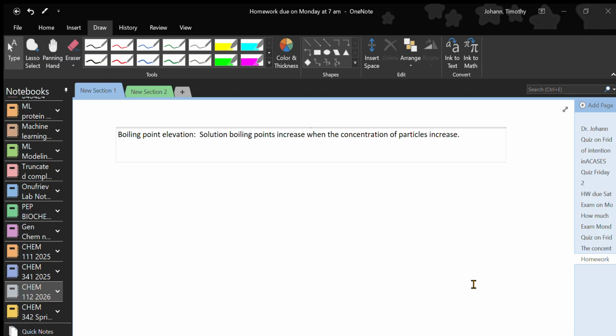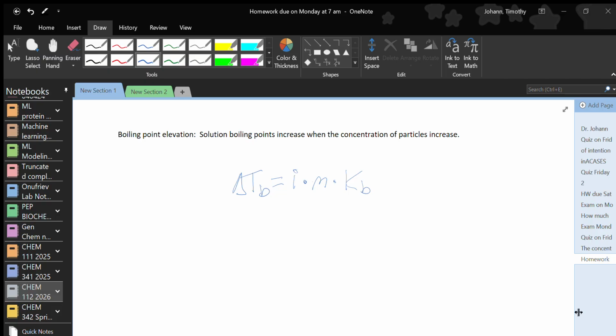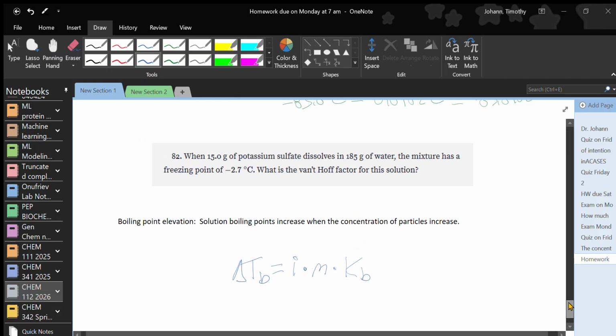The equation for boiling point elevation is the same equation we had above, except we're going to grab our constants from different places on the table. So we've got the Van't Hoff factor times the molality times the constant we pull from the table, the boiling point constant from whatever solvent we're talking about. Okay, so we could do that for